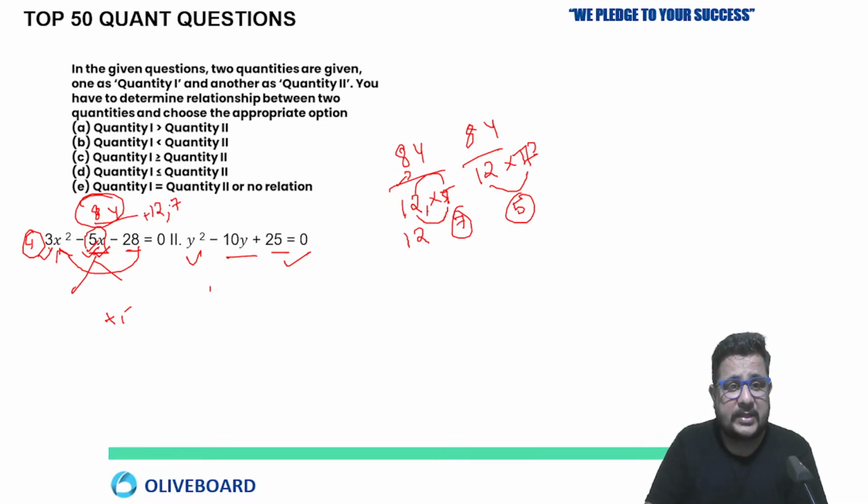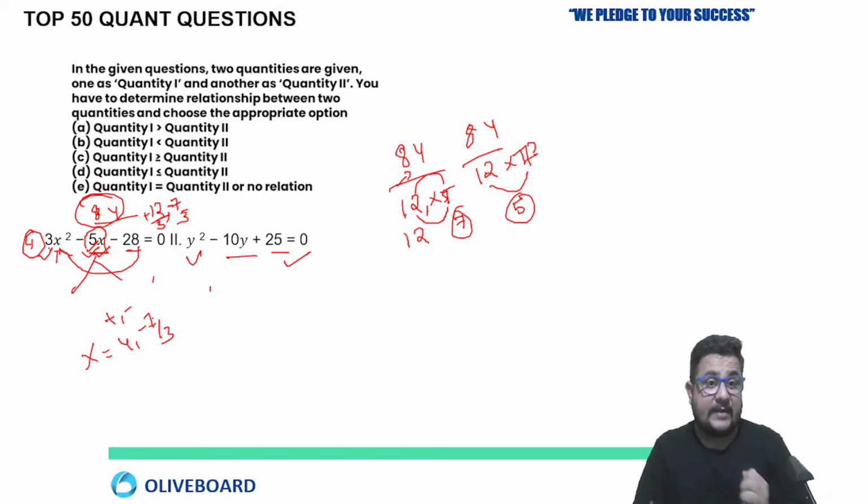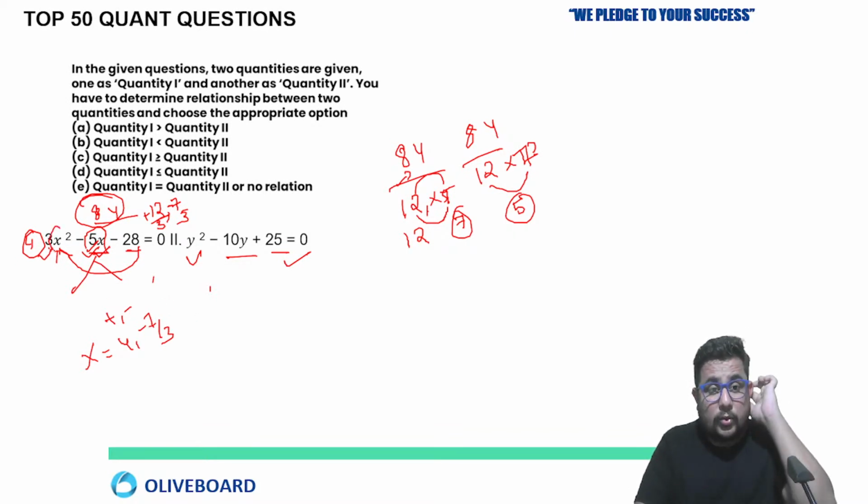First one will be positive, next one will be negative. Now by 3 also you can divide. So the values of x are 4 and minus 7 by 3. How many of you got this? No, don't decide this 12 and minus 7. One more thing you have to look out for: the x square coefficient is 3. So when you take the factors, just divide them by 3 also.